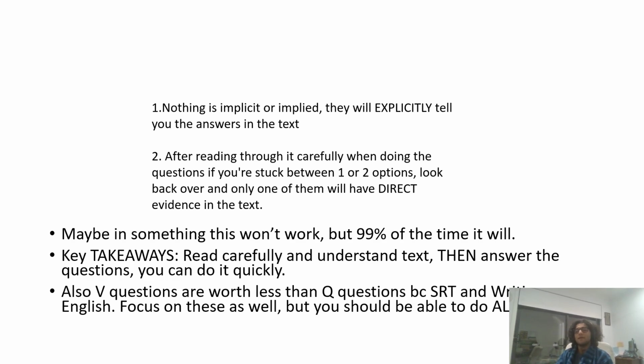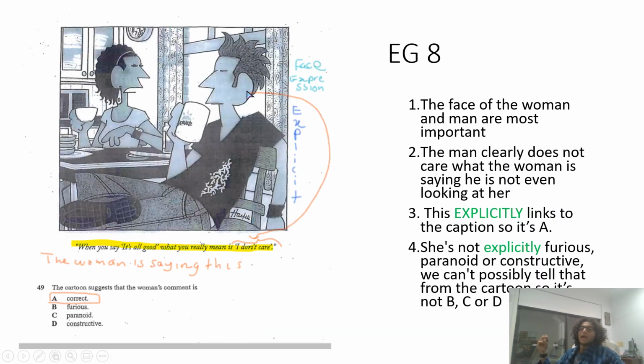Even if you think, I'm not so good at maths, you don't need to be, right? You saw the demonstrations. All you have to do is multiply and add. Most of the time, you're looking for similar stuff. You're looking for explicit evidence, and you're looking for correlation and causation. That's how you do Q questions. So you want to prioritize doing the Q questions that you can do, right? But remember, the whole point of this is you want to try and scoop up as many marks as possible. So if you think, oh, V question, okay, I can easily tell the answer, just do it, right?